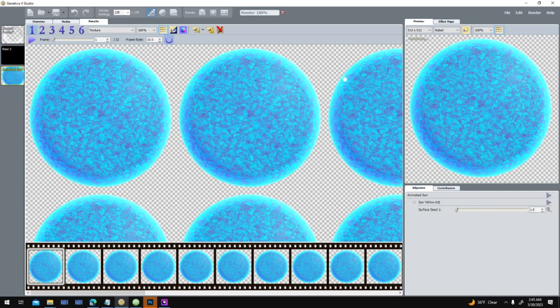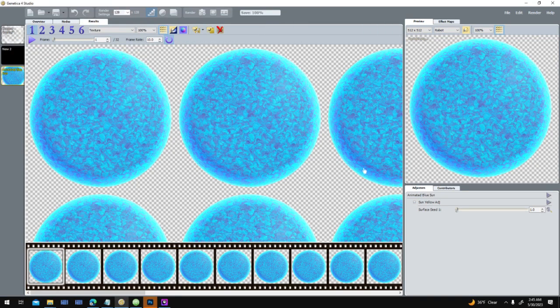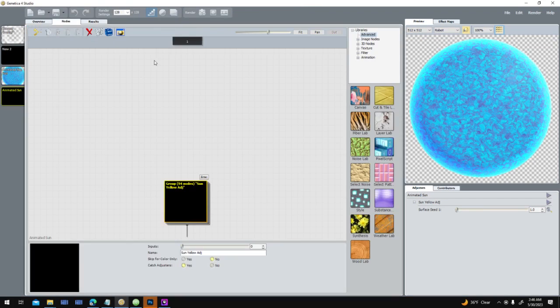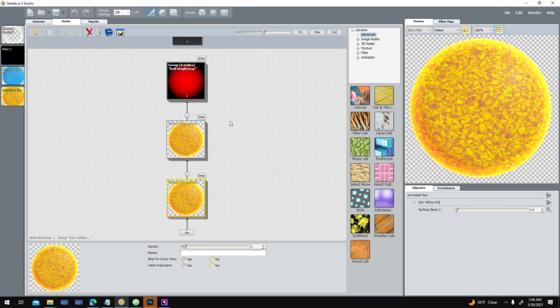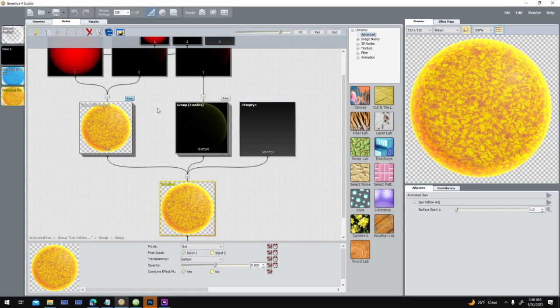Now, there's something I want to try as an experiment. First I want to save my sun. So I'll save this again as blue sun, or animated blue sun. And if I go back and reopen another copy of my original sun, there's something I want to try with 001. I don't know if it's going to look the way I want it to, but